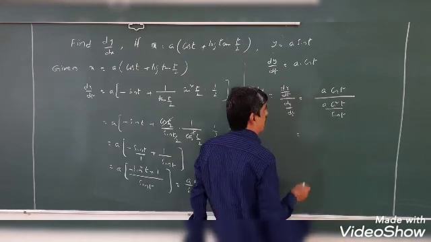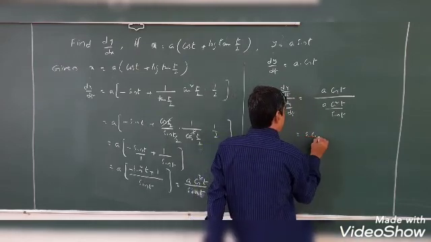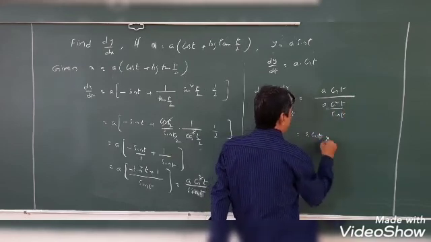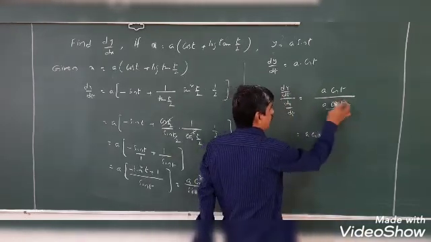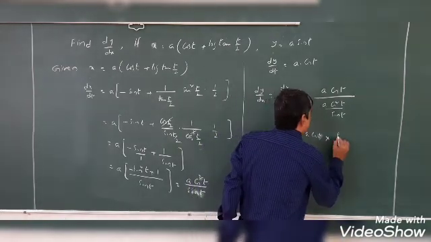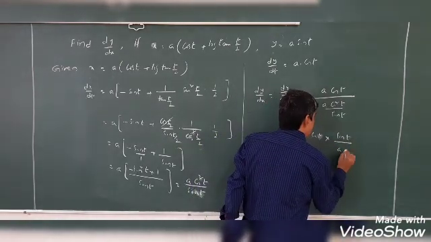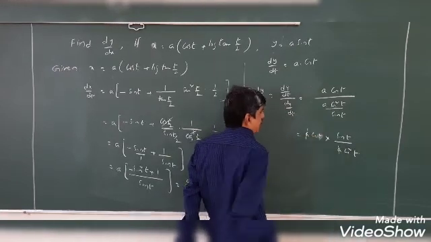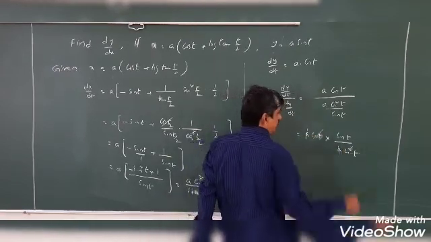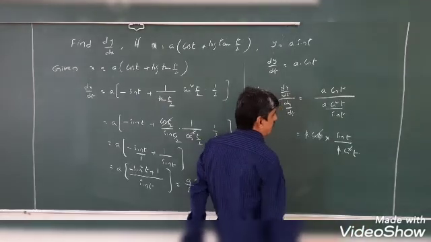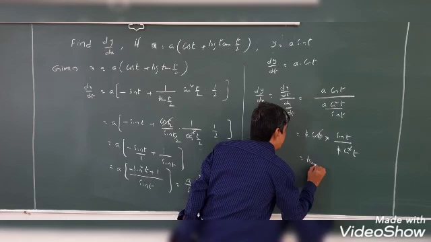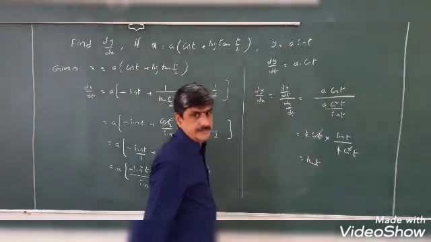So this value is simplified. So a cos t, keep it same, and this division converts into multiplication, so this one changes to sin t by a cos square t. So this a gets cancelled. This cos t cancels in cos square t, cos t times. So remaining is sin t by cos t, nothing but tan t.